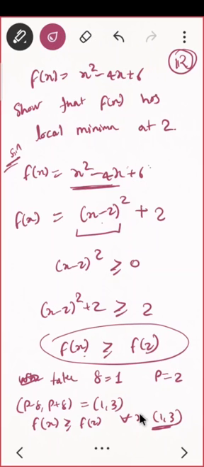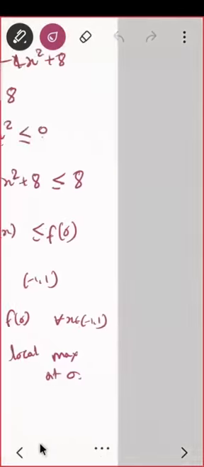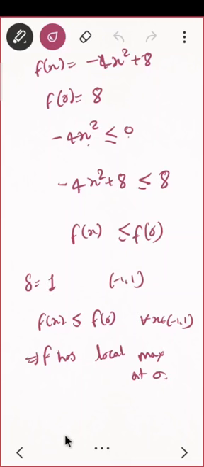Correct. I don't need any interval. That was because I was asked to show that it is local, which is why I chose delta. I don't need any delta, this is true. So I can clearly say that this point 2 is my local minima, and here also, point 0 is my local maxima. I don't care. Purposely I have taken these questions where the interval is R. Actually your domain is R, real numbers. So if my domain is R, it is easy to handle this type of problem, where x square is positive and something like this.